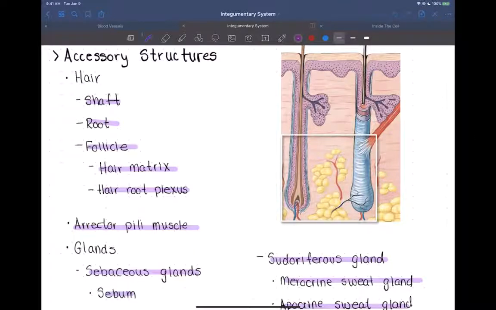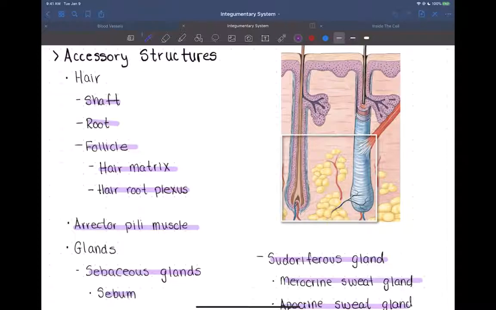All right, in this video we are going to finish the chapter on the integumentary system. So last time we left off by talking about the different pigments that give skin its color. So now we're going to talk about accessory structures of the skin. So this would include things like the hair and nails and different glands, so sweat and oil glands and wax